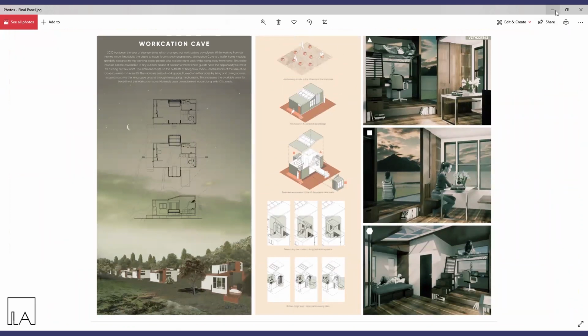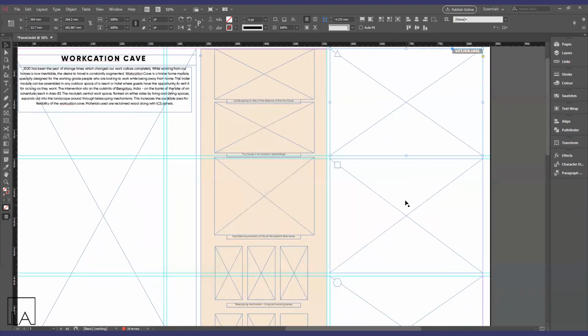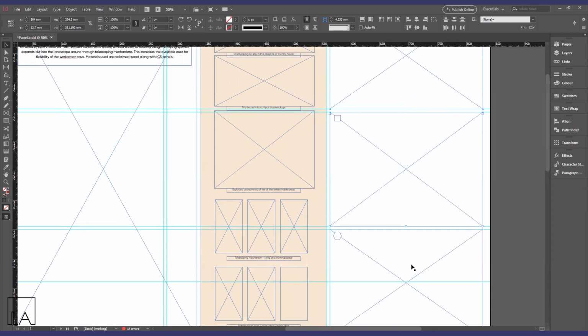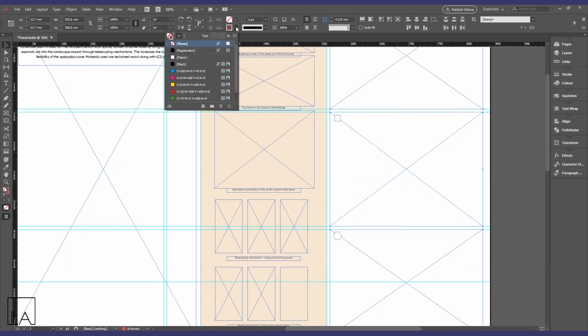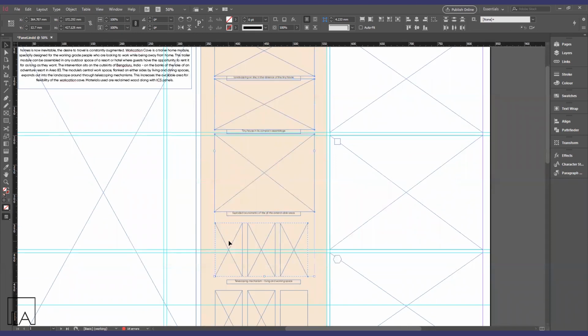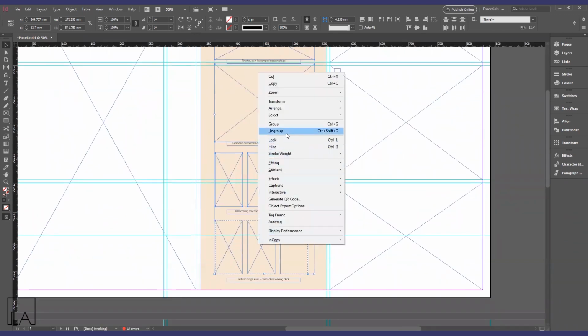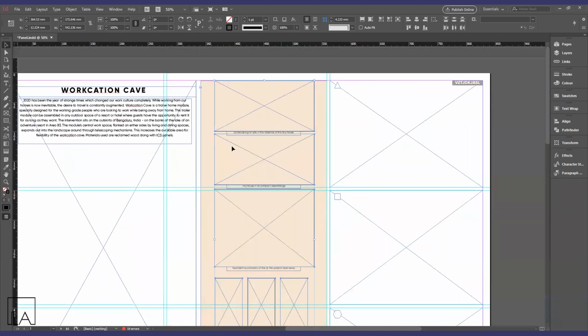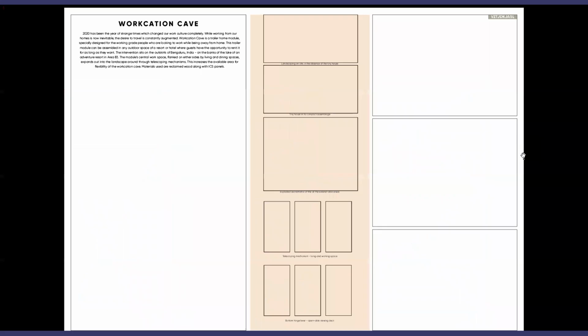Once this is done, it's always a good practice to take the picture frames that you can utilize and give them some amount of line weight. Once this is done, select the other panels as well. You can also give these frames some amount of frame background. So let's say I'll keep it in some specific color like this, and then press Shift W inside InDesign, and you'll be able to see your layout at one shot.